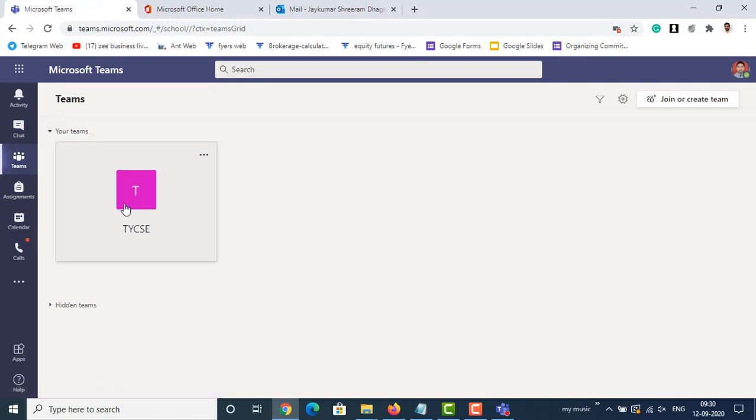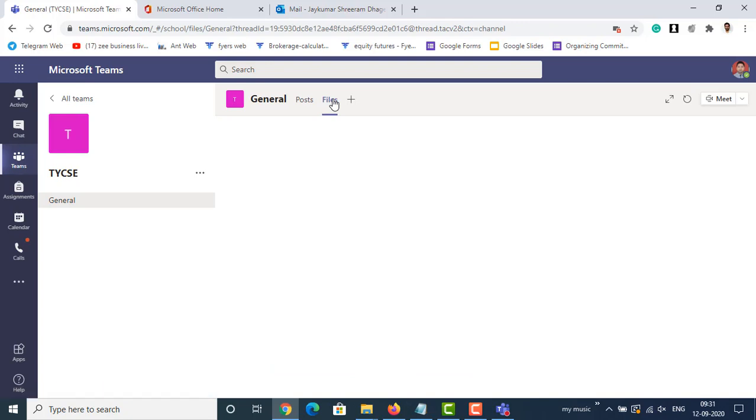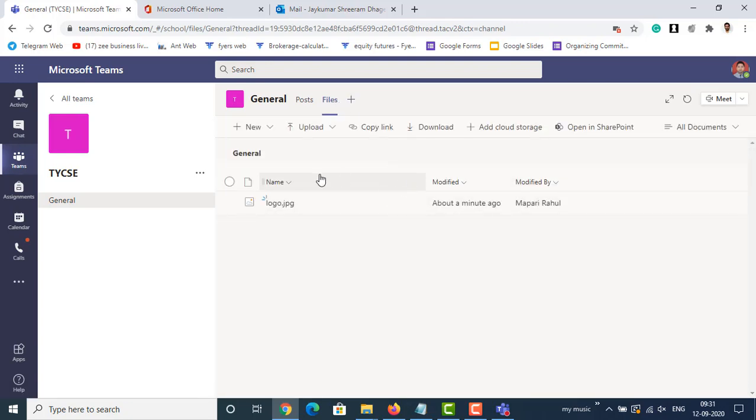So if I click on this TYCAC and if I click on files, then we will be able to see this particular document which is shared by the other team member. So it is also possible to share documents or teaching material with the students.